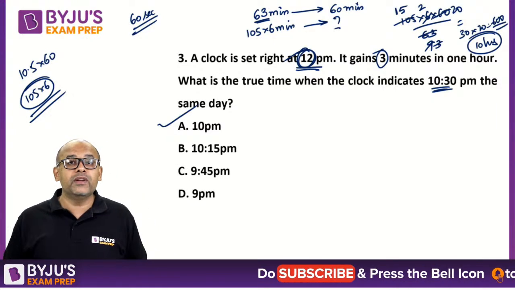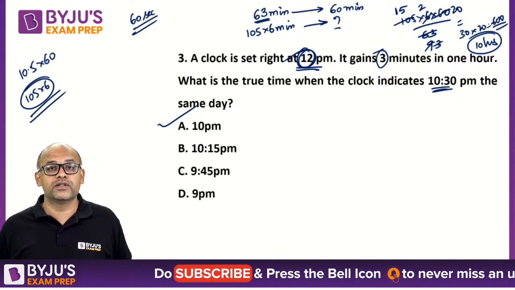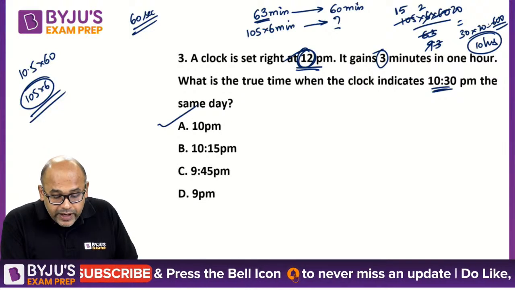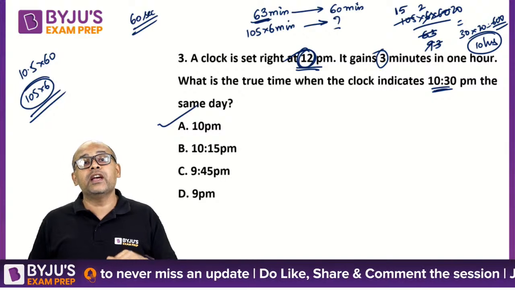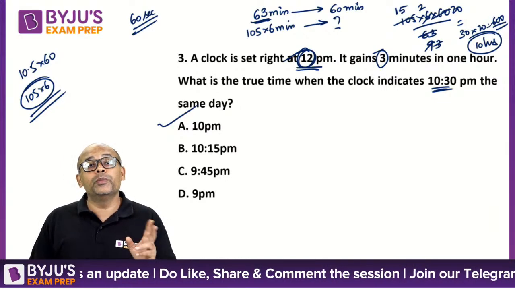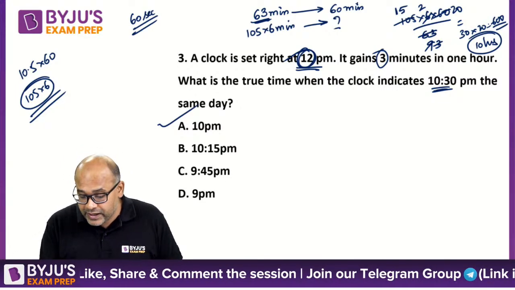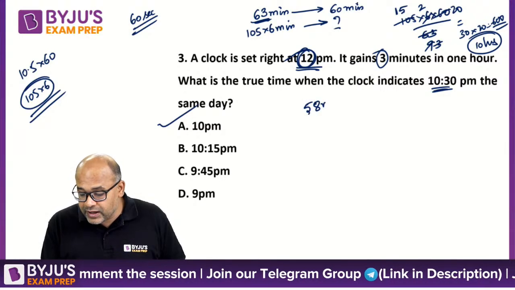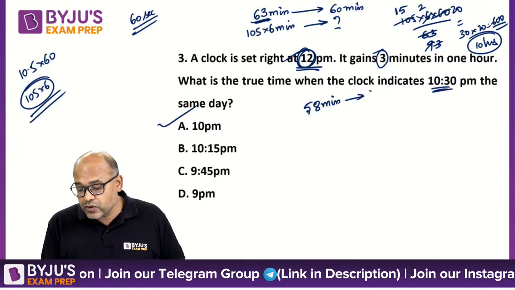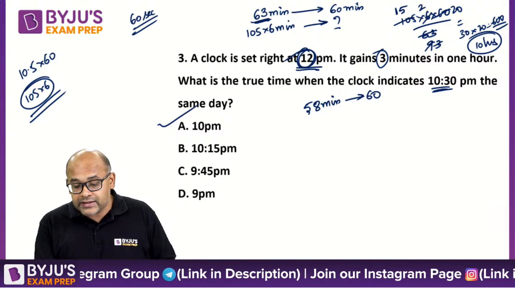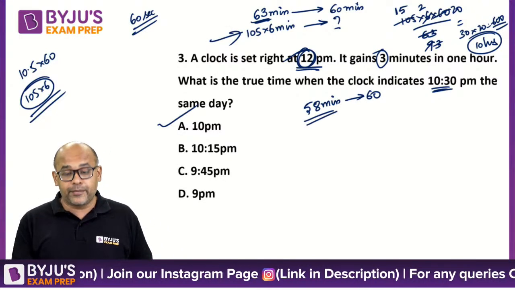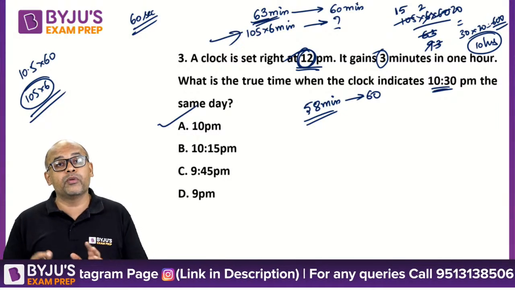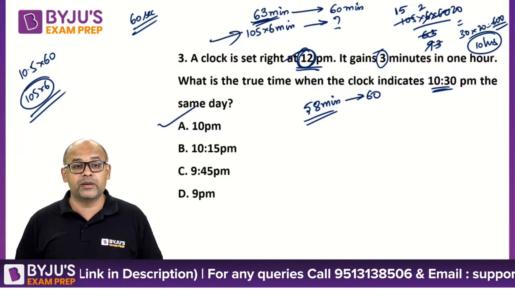So this is how you deal with fast and slow moving clocks. Always look at overall what the clock is passing. If it is slow, say the clock is running 2 minutes slow in every 60 minutes, which means it shows 58 minutes when the actual time is 60. Then you will write the second part depending upon what the question is. So you should write this entire time elapsed, 63 or 58, depending upon whether the clock is fast or slow. Please keep that in mind.